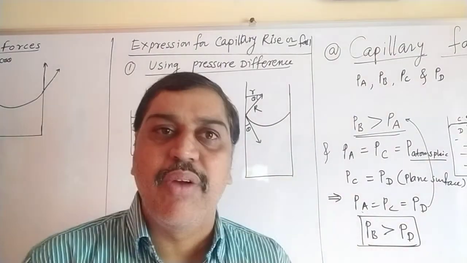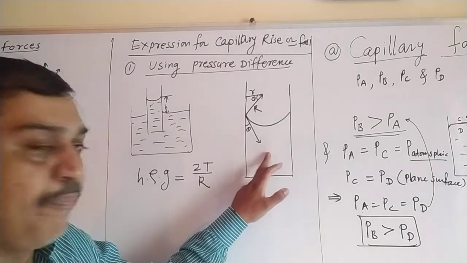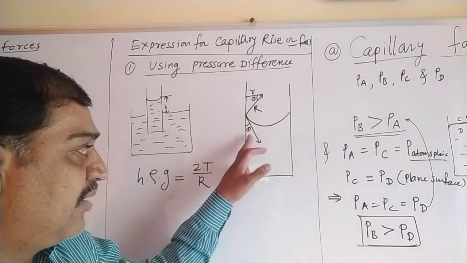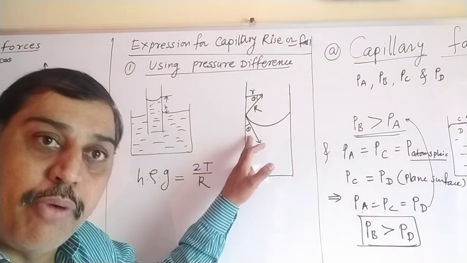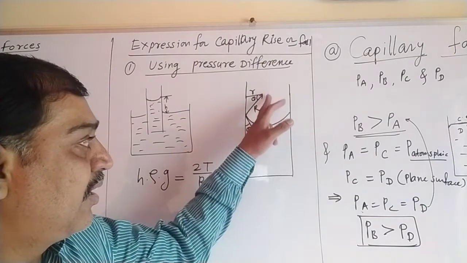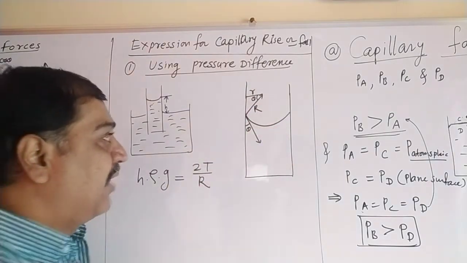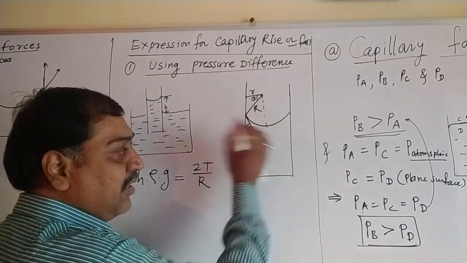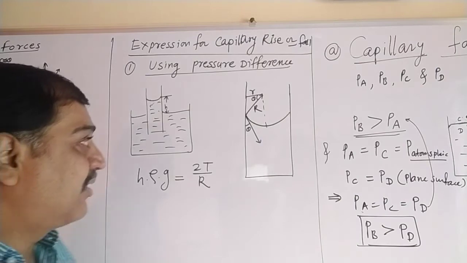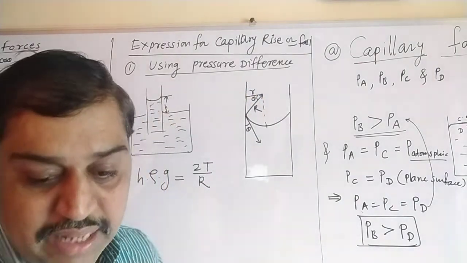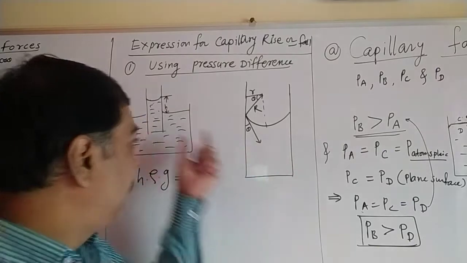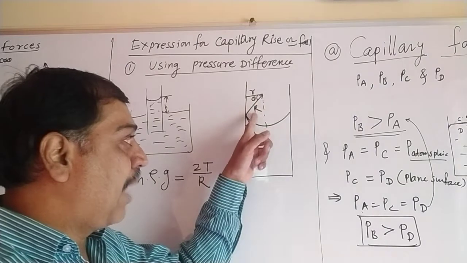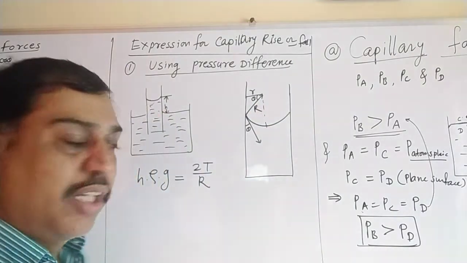Now here we want to find out the radius R first. So let's look at this diagram. In this diagram, this is a concave part, and here we have drawn a tangent, and this angle measured inside the liquid is said to be the angle of contact theta. And here I have drawn the radius of curvature we want to find now. If you consider a center here somewhere, from this center we find this distance. This will give the radius of curvature. And let us suppose small r is the radius of the capillary tube. This central tube I have zoomed in here. So this capillary tube whose radius is small r, and this capital R gives the radius of curvature. Simple thing we have to use.